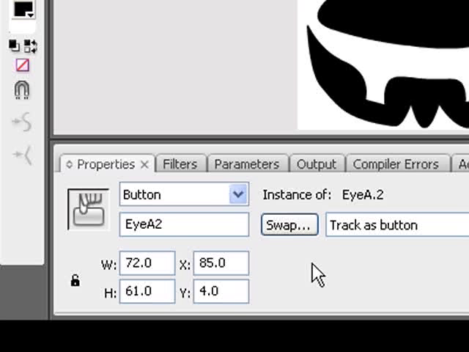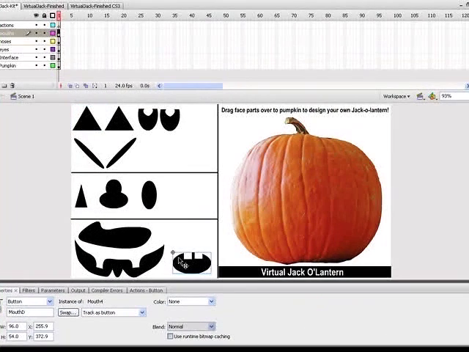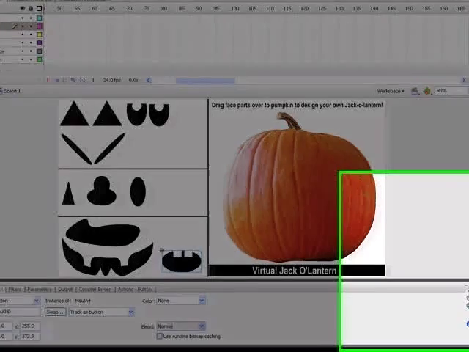And if I click on this eye over here, it tells me that it's 85 pixels and 4 pixels, and the nose has its own coordinates and the mouth has its coordinates as well. So I'm going to just very quickly write these down. Now once I have that information, what I'm going to do is I'm going to go over here into my